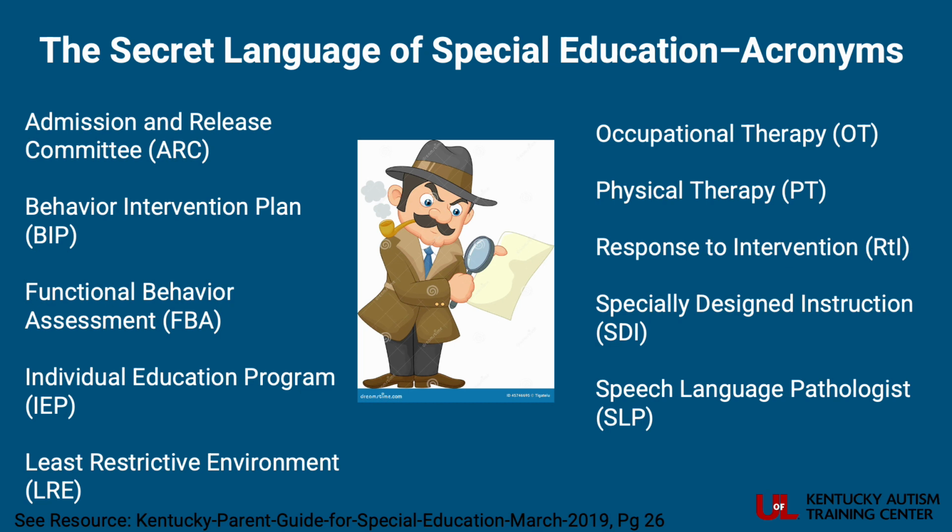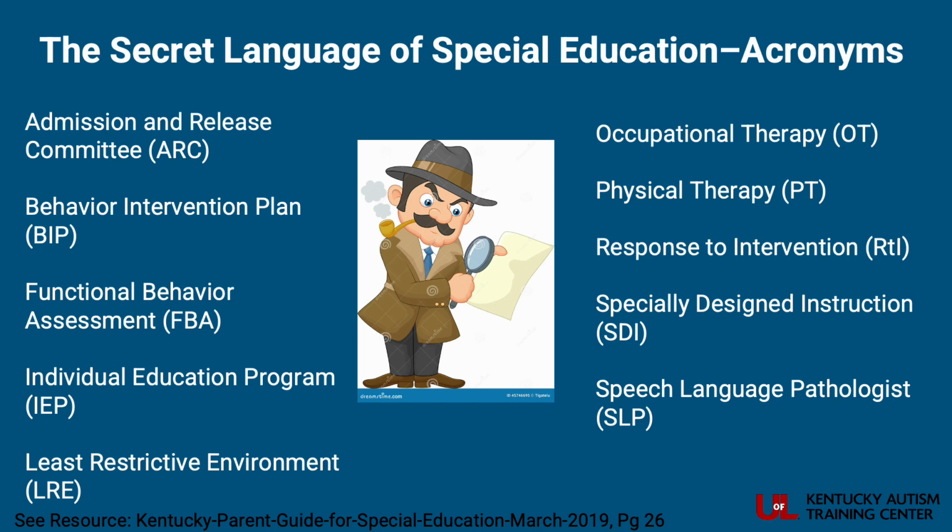Often before that behavior intervention plan is put in place, an FBA or a functional behavioral assessment will be done. This is a process of collecting information regarding the concerning behavior. The information collected helps determine the purpose or function of the target behavior and helps design effective interventions. Like I said, often this comes before the behavior intervention plan is put in place.